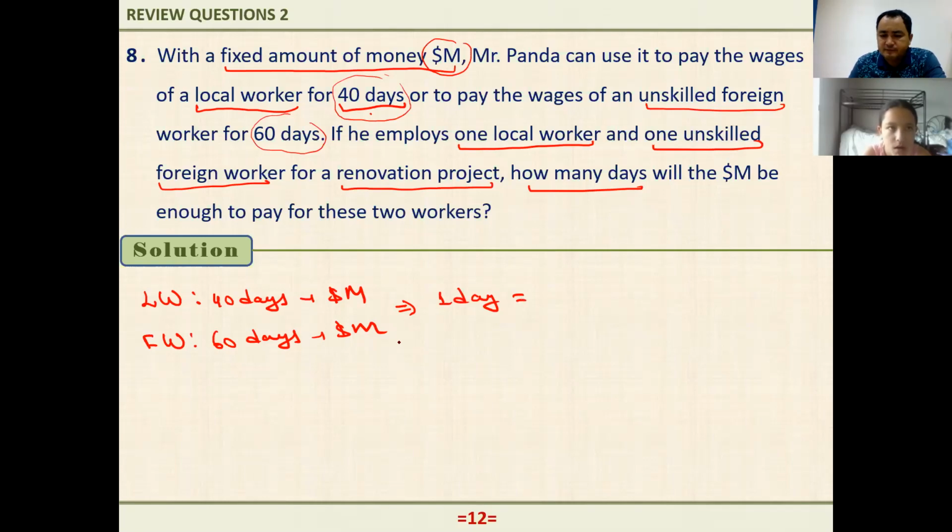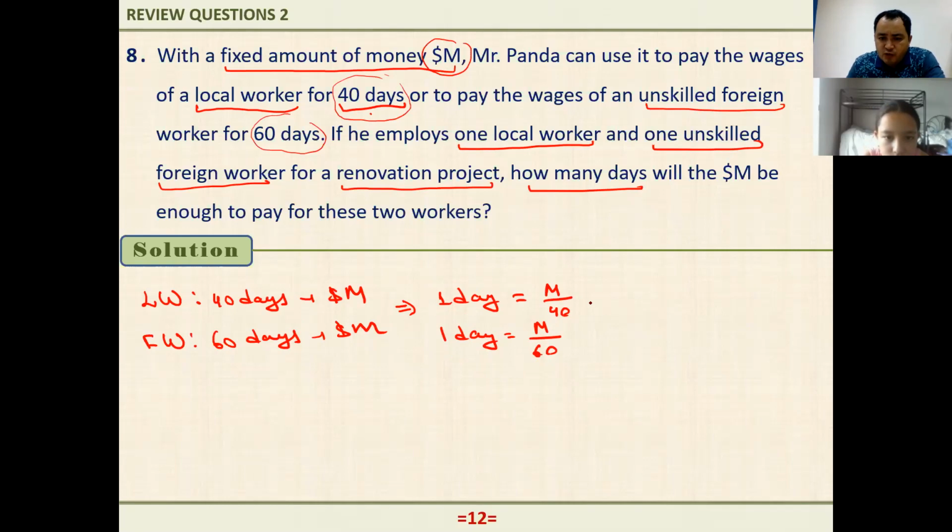I think M divided by 4. M divided by 40, right? 40, yeah, 40. How about the second guy? For the second foreign worker for 1 day, we are going to pay in a similar way, M over 60, right? So now, if we are going to employ one local worker and one foreign worker for 1 day of